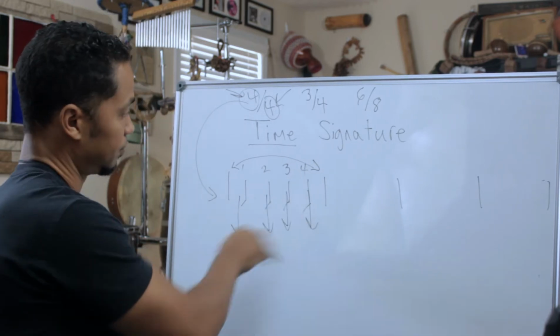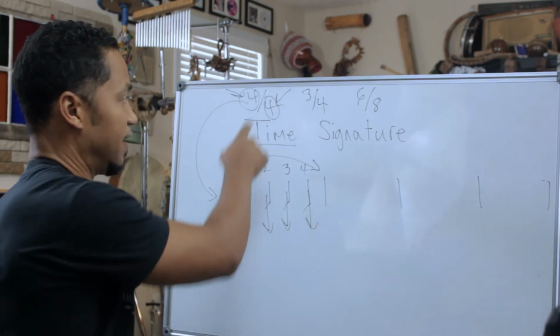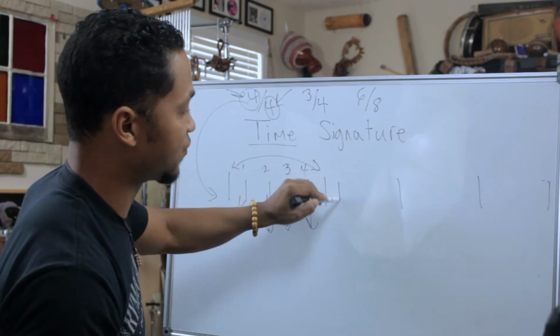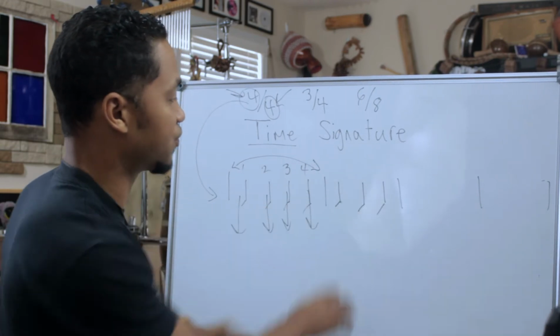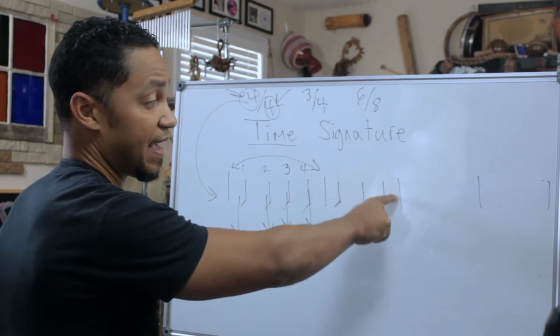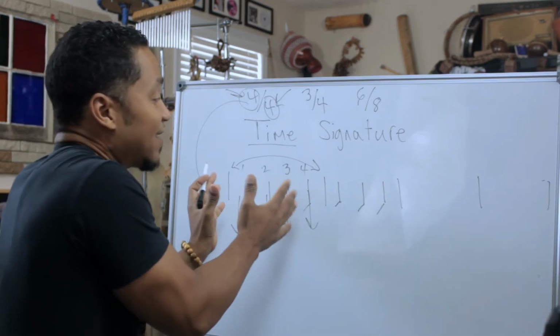Okay? And then I have what type of beats? 4. So if it's 3/4, guess what? There are 3 quarter notes within that category, within that measure, within that bar, that section of